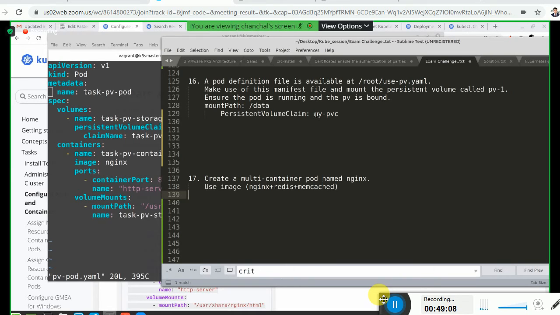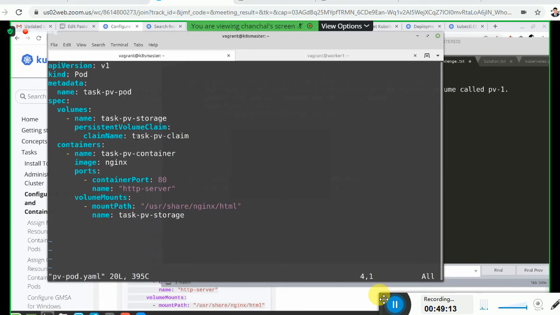So persistent volume claim name is my PVC. Okay, insert, shift D, insert my-pvc.